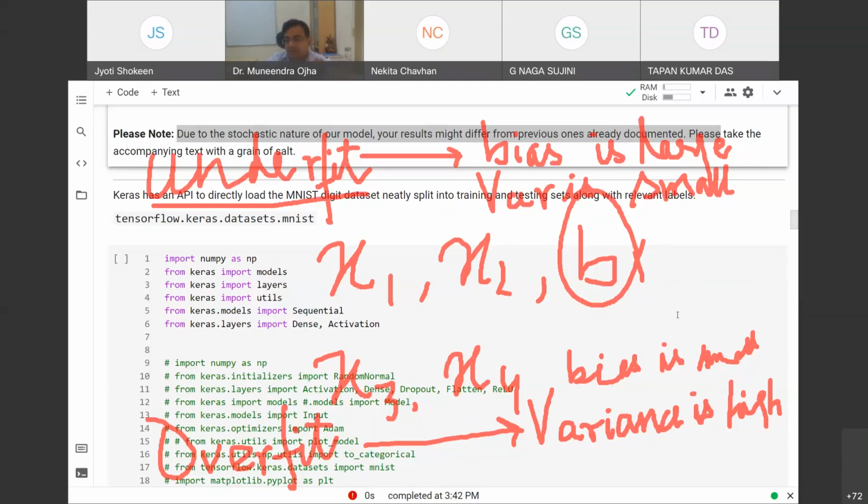We introduce a bias saying that, okay, I know these features, I'm able to explain these features, but what is unknown to me is taken care of by bias. So along with 10 features, bias also becomes the 11th feature, but the bias value is not known to you. You cannot specify the bias value. Bias value is learned by the model automatically, because if I know the bias value, that becomes a feature. That is not bias anymore. Bias is something which you do not know, and you really do not know what that would be.